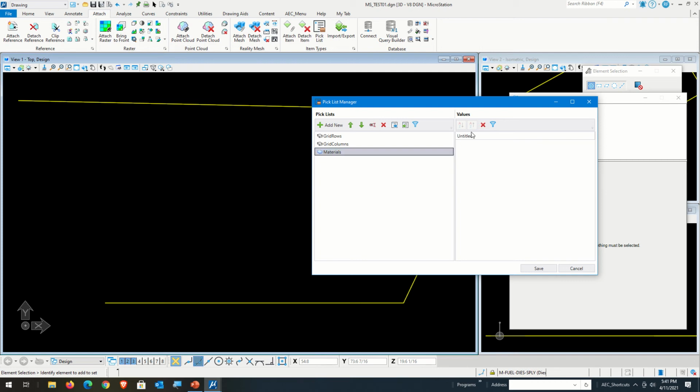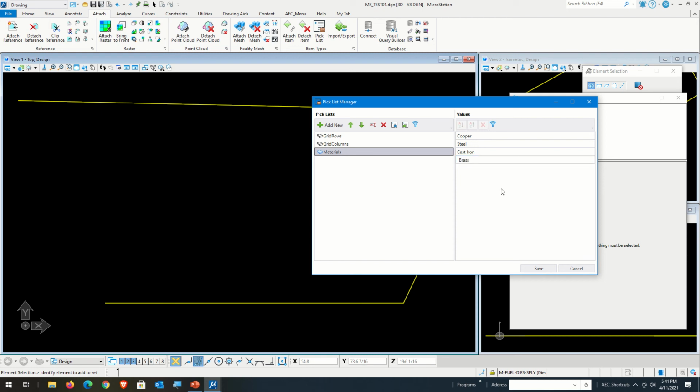And in my materials list, I have copper, and there we go. Now I can do steel. I can do cast iron. I can do brass,